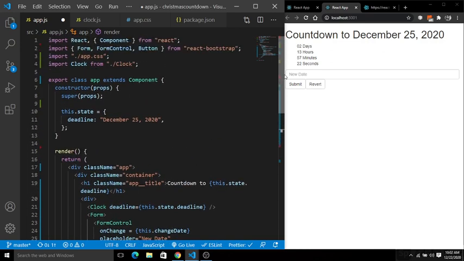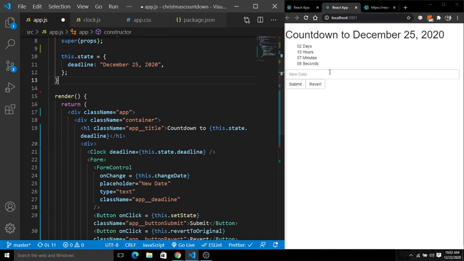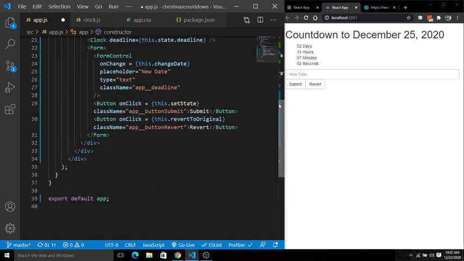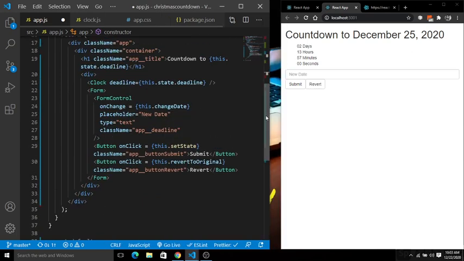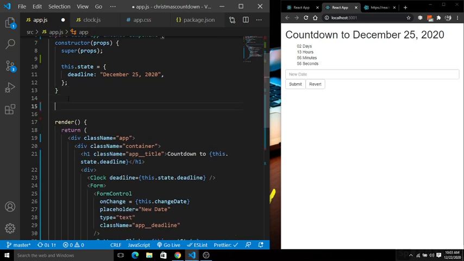So here we have this. Inside here I am going to create the first function, that is changeDate. Basically, the changeDate function will be fired when something is put in this input field. So let's go and create this. I am going to do the same here, on the top of this. Now here I am going to do the following steps.